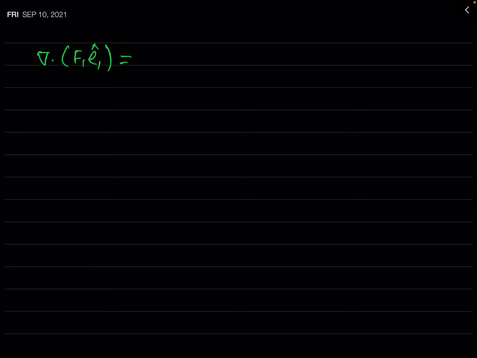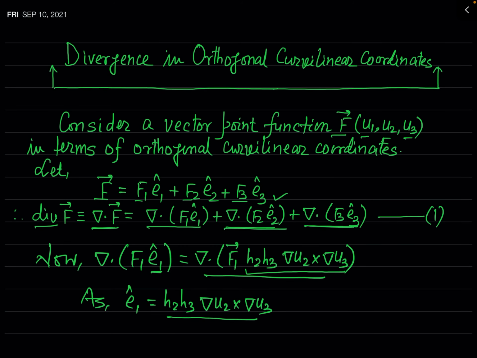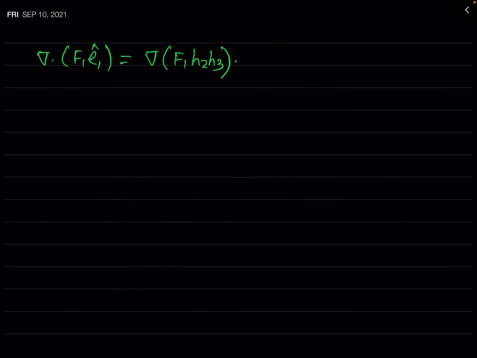This is actually equal to this much, and the expression in the RHS may be written as del dot of f1 h2 h3 times del u2 cross del u3. Now let us simplify the RHS of this equation a little bit. This may be written as del f1 h2 h3 dot,